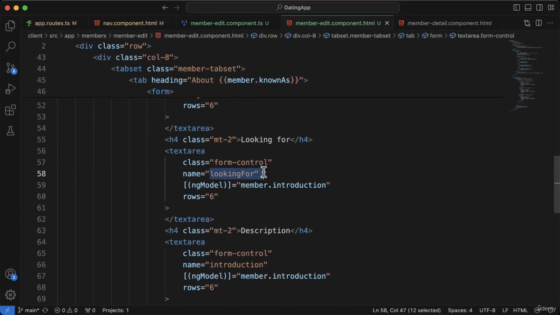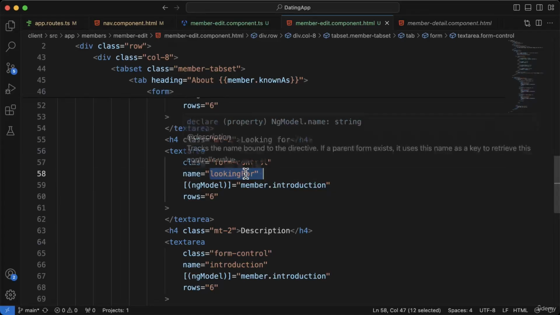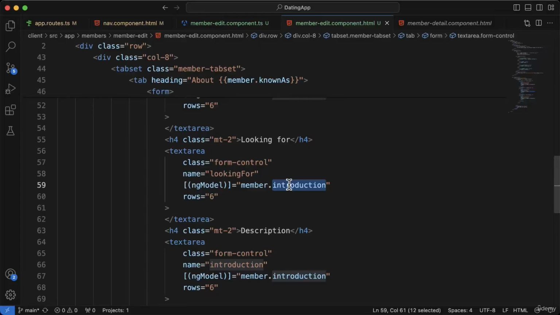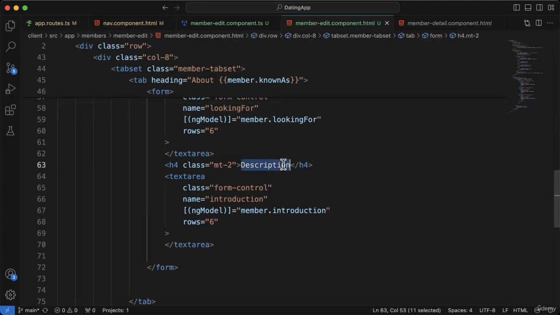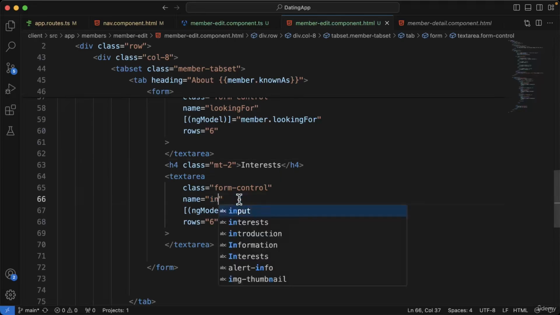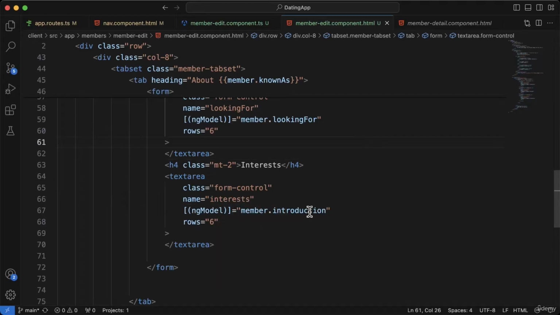This is case sensitive, so it has to match what we're using here, as in matches exactly what the property name is. I'll show an example soon about what happens if we do forget to do that, or we use a different case because we're in a lowercase kind of mood, and show you what happens if you do that when we're testing our work here. And in the third one, I'm just going to say interests, and we'll change the name to interests and set this to